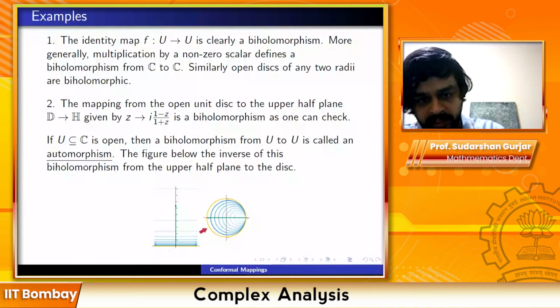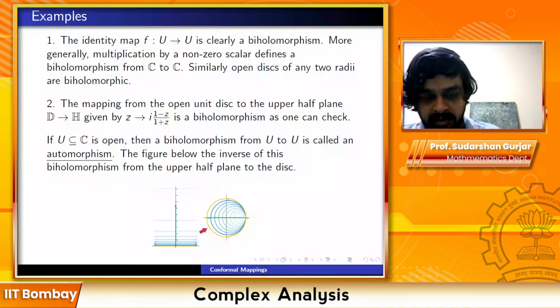And if you take a given horizontal line, as you go to infinity on the left or as you go to infinity on the right, the image converges to this point 1. Each horizontal line is mapping to a circle, and on each horizontal line, as you go to infinity on the left or on the right, the image will converge to this point (1, 0) on the circle. So (1, 0) is not in the codomain, but the image will converge to it.